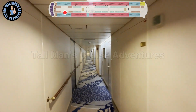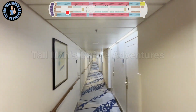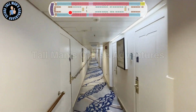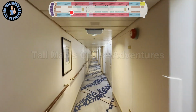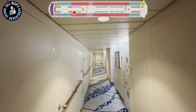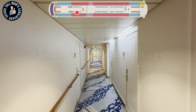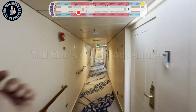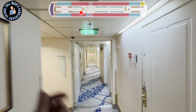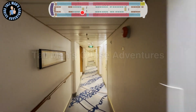48, 46, crew door, 44, 42, crew door, 40, 39, 38, 36, 35, 34, 32, 31, 30, 28, 27, 26, 24, 23, 22, 19, 18, access to stairs and elevators, 16,